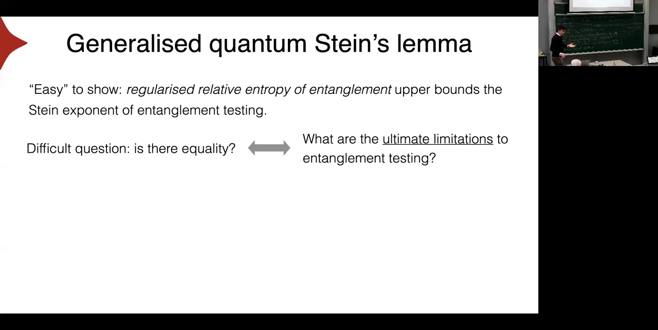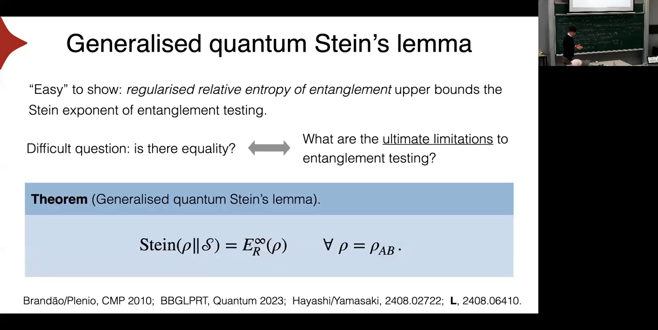So can we calculate the ultimate power of entanglement testing? How well we can do entanglement testing, the ultimate limit. And the answer is that, fine, there is equality. That's the whole point. The Stein exponent is really equal to the regularized relative entropy of entanglement,